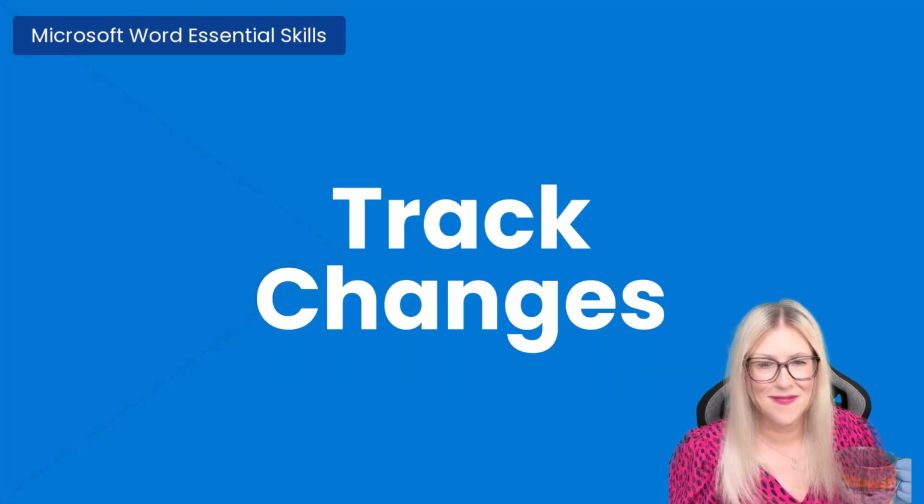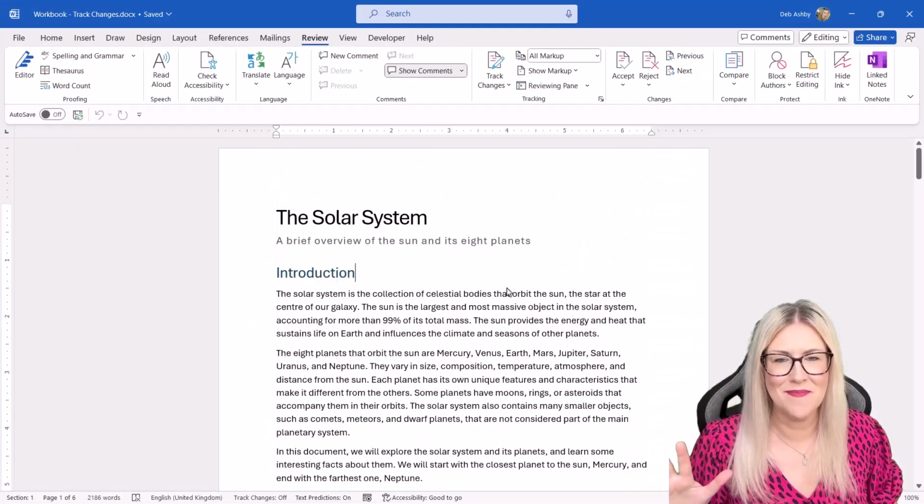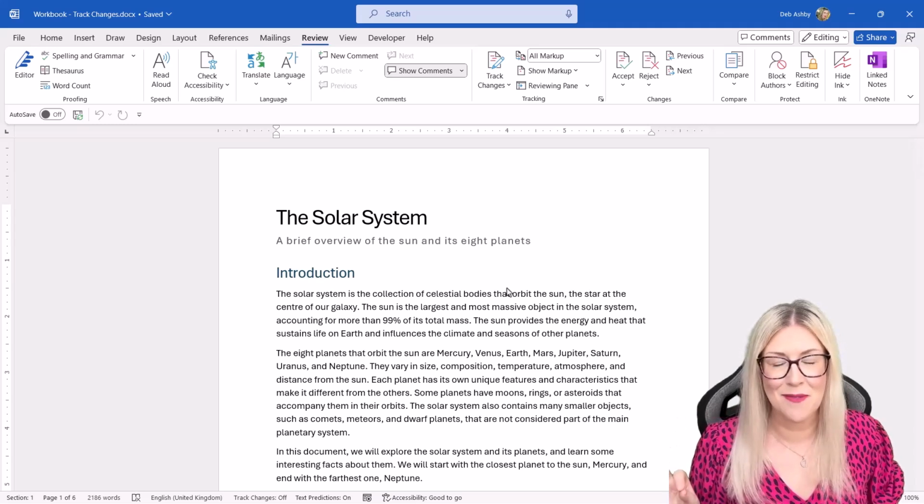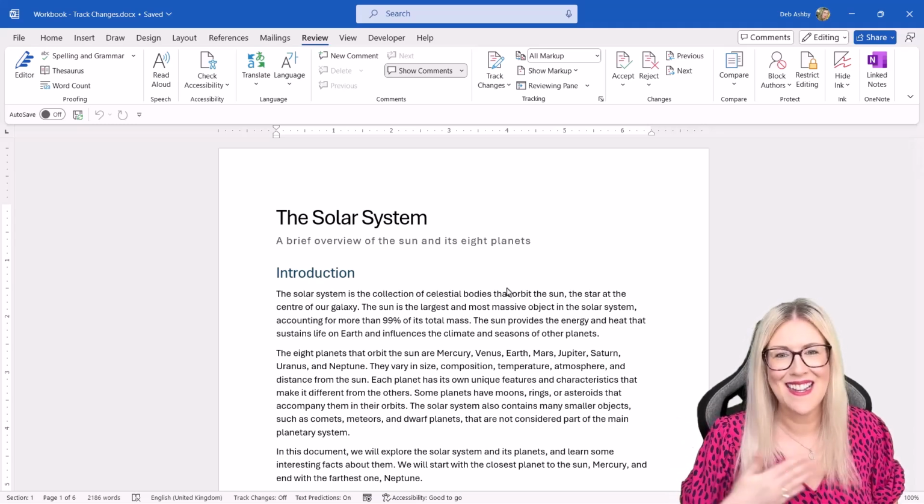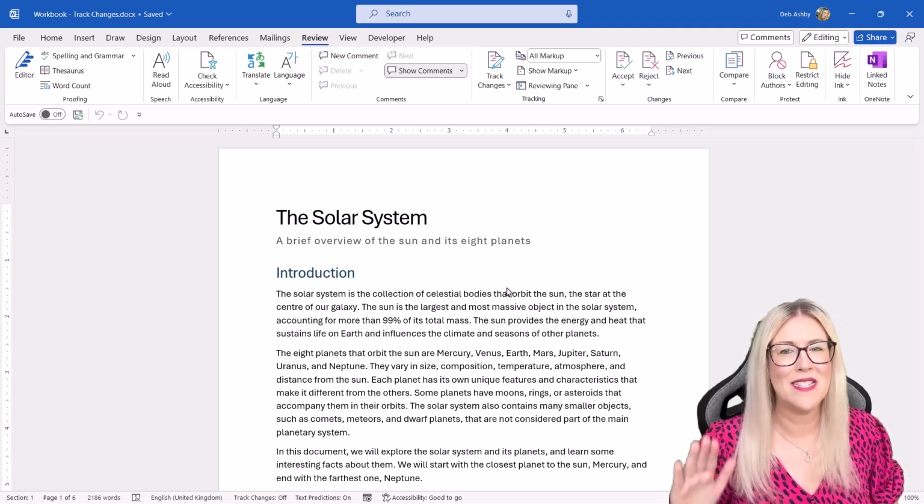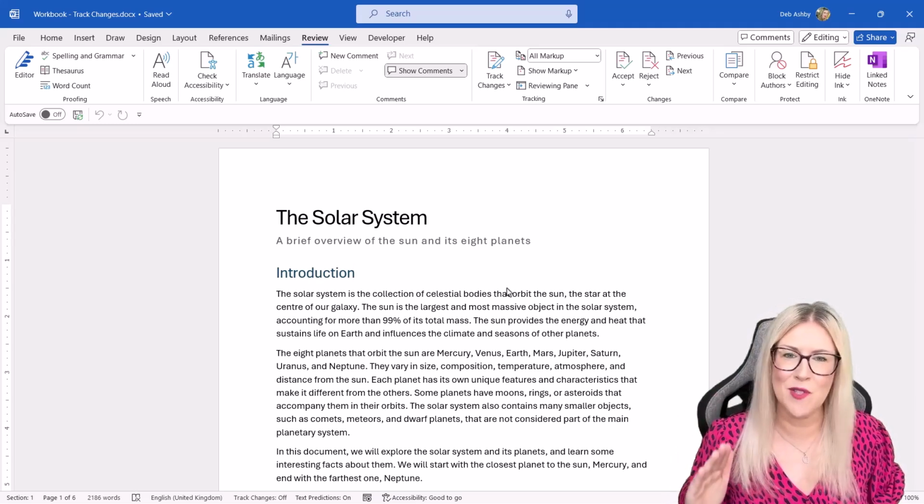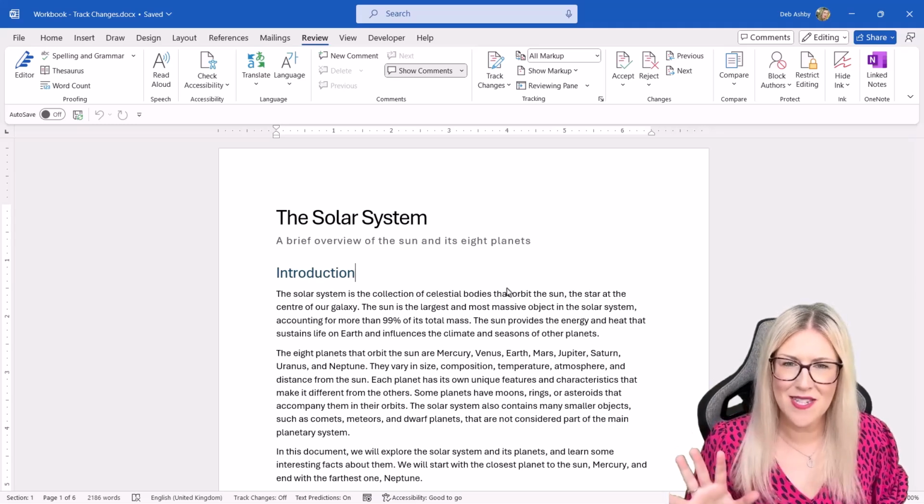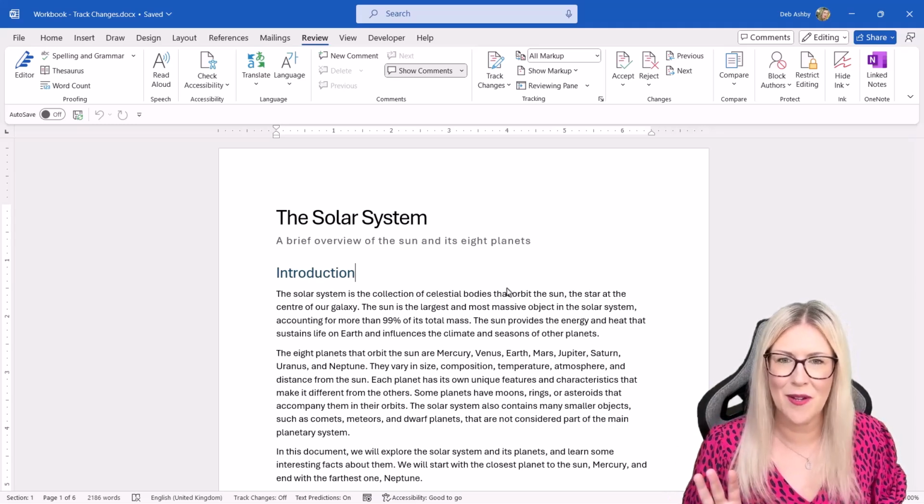Let's get started. Now, the track changes button is exactly what it says on the tin. It allows us to track changes. And I will say that when I worked in the legal industry, this button was so highly used it was almost worn out. Because a lot of the time, and let's set up a little scenario here,